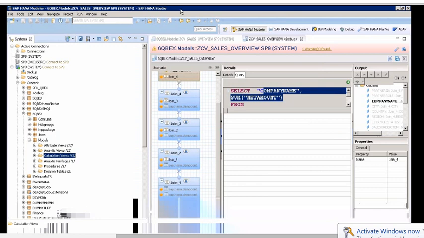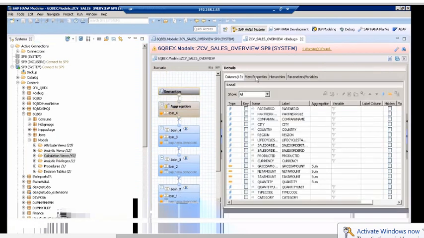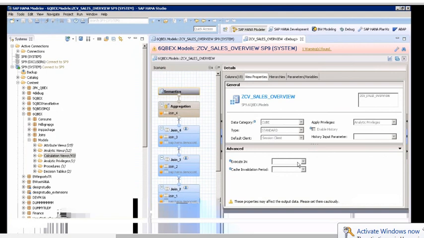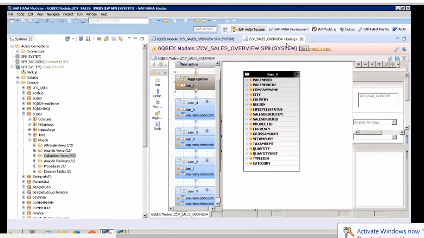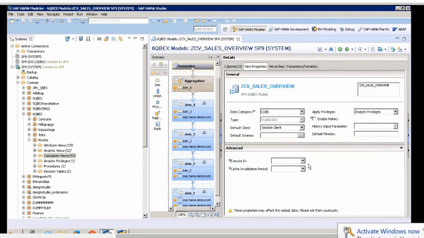But what did I tell you? The calculation engine just formulates the execution model, but the actual execution can take place with the SQL engine. That can also be done like this. If you go to semantics, properties, there's an option here: execute in. Sorry, if you go to the design time model, I can say execute in what? If I just leave it by default, the calculation view formulates the execution model and executes in the calculation engine. But if it's execute in SQL engine, the calculation engine will only formulate the execution model, but the actual execution will be done by the SQL engine.